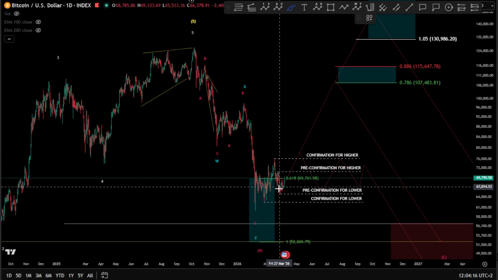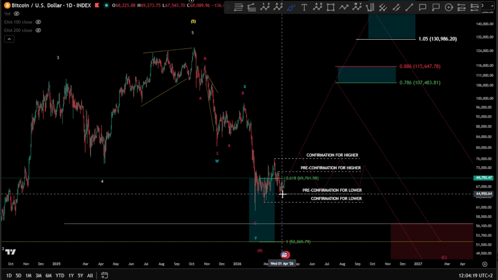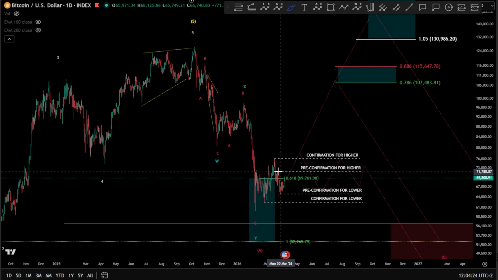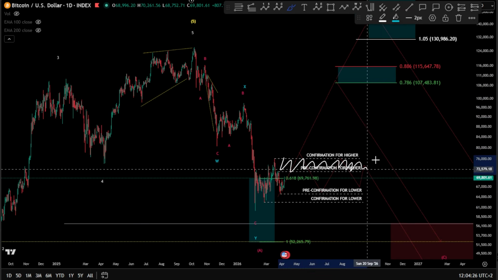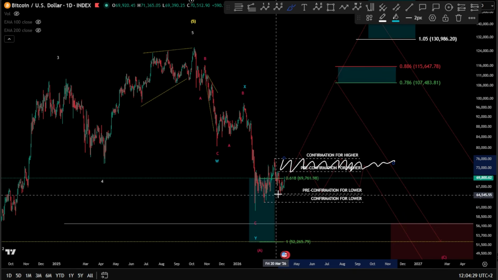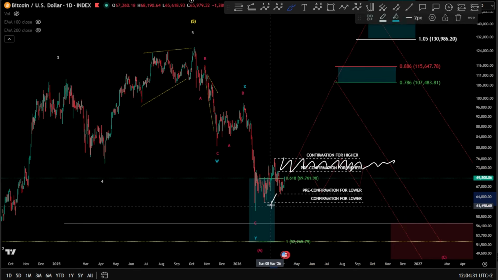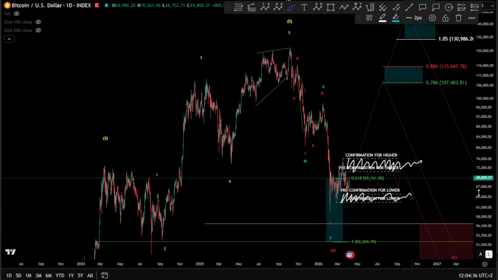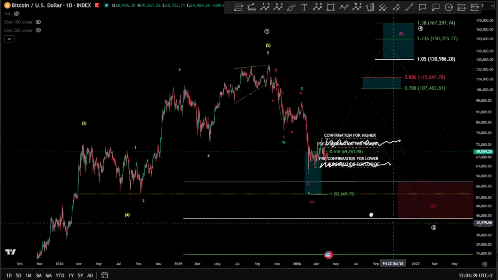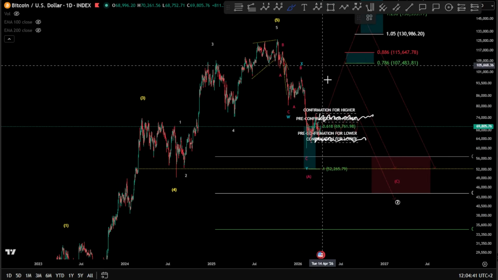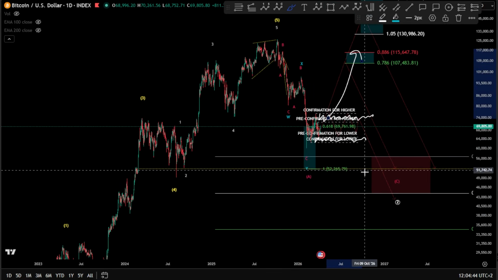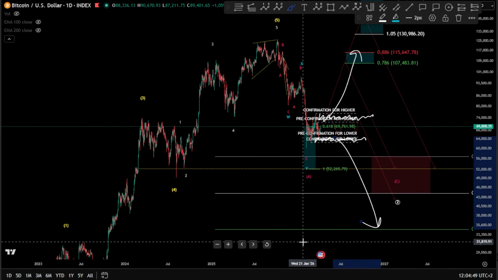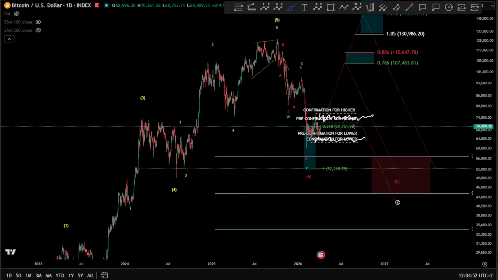I cannot yet confirm that we are pushing in a shallow bear market, meaning pushing for higher right now, before getting out of this area, which is our bullish decision there. I cannot confirm a deep bear market as well without also getting out of this area, which is our decision for a deep bear market. Both are very massive, meaning if we break this area, we push very, very high. If we break this area, we push very, very low. So we'll see which one, guys, is going to happen.